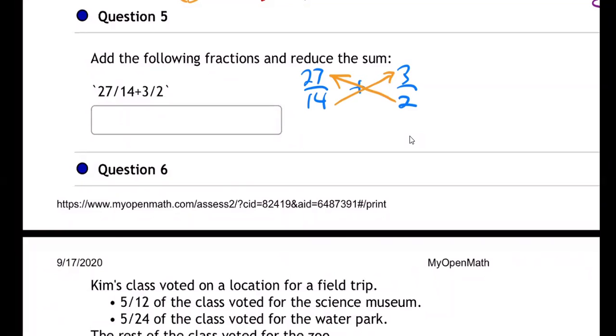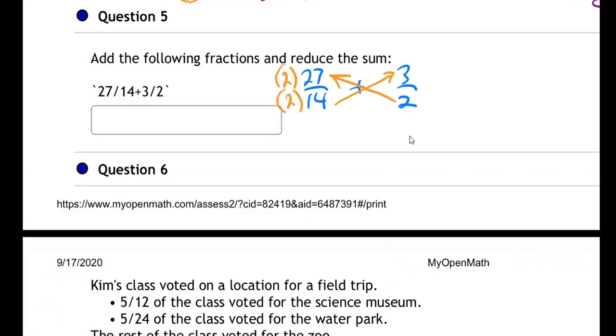Probably a lot of you know. What's the LCD here? What's the least common denominator? The LCM. Yeah. Would it be? Yeah. Sorry, go ahead. Yeah, you guys are good. 14, yeah. Now, I'll do that way in a minute, but you could just do it the way we've been